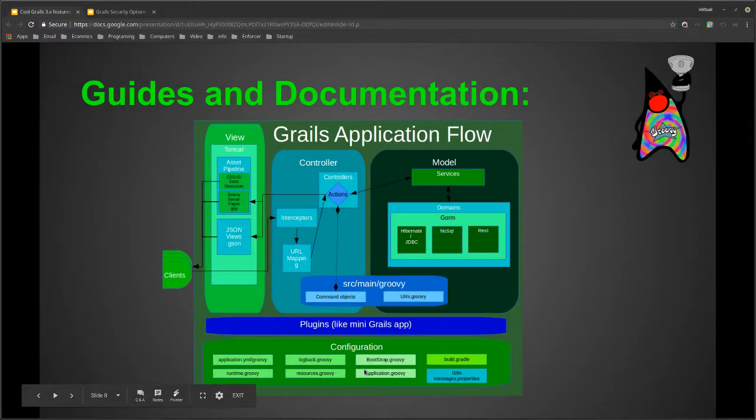And then I also went a little bit further down and made another one that shows you some of the innards of where things are in Grails, including command objects, which are very useful if you don't know what those are, because a lot of people have skipped over those. And when I get into my security talk, I will talk about the command plugin, which makes those a little bit more useful.